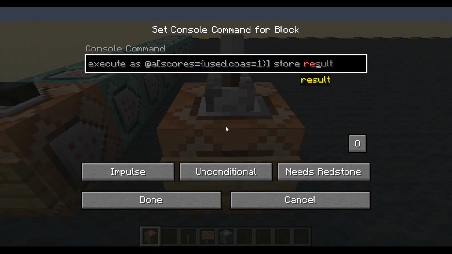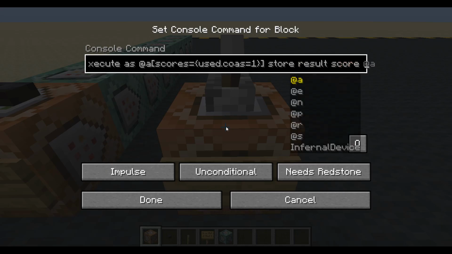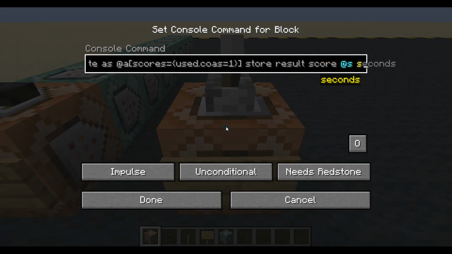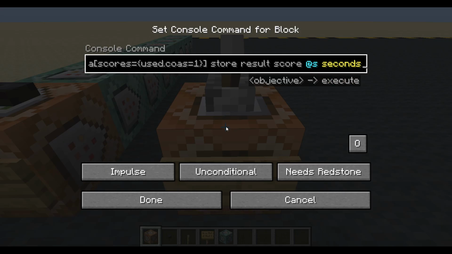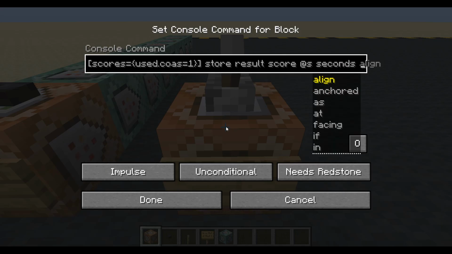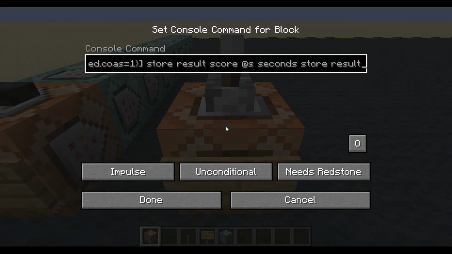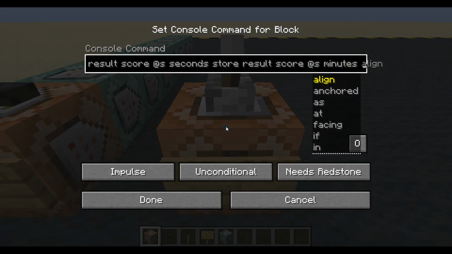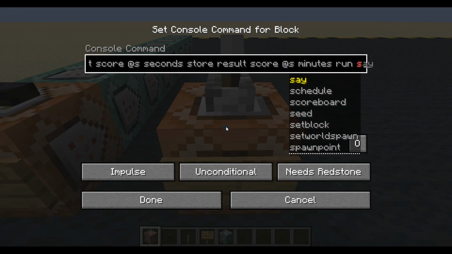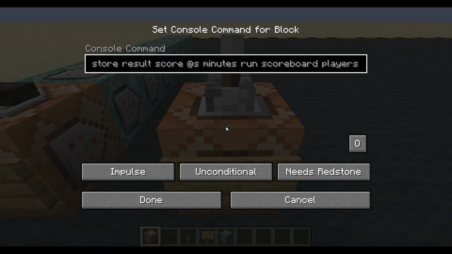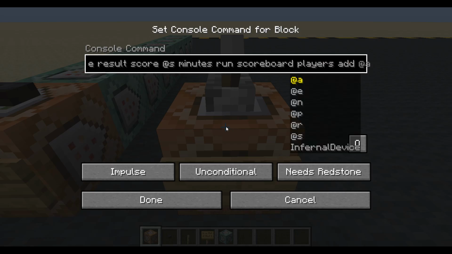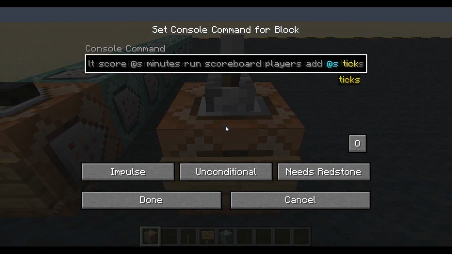And we will store the result as a score on that player, seconds, and we will store the result as a score on that player, minutes, and we will run scoreboard, players, add that player, ticks 1. Okay,